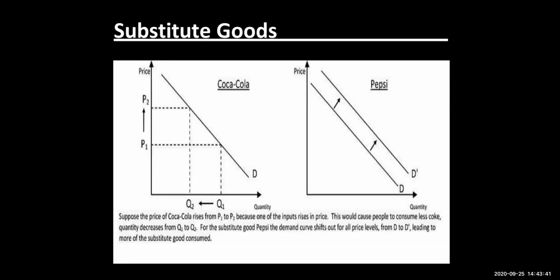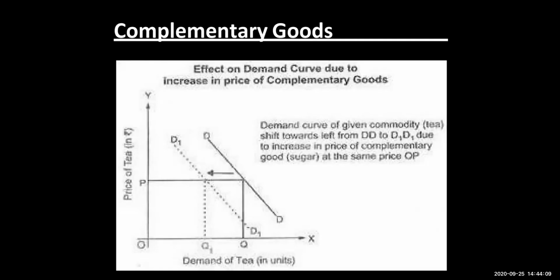We can see over here the diagram for substitute goods, wherein when the substitute for a particular commodity is available, then the product may be shifted. Over here we have Coca-Cola and Pepsi, that if the price of Coke increases, then people will switch to Pepsi. Or let's say when the price of Colgate increases, people will switch to Pepsodent. Whereas in case of complementary goods, if the price of one product increases, it affects the other also, same way, like petrol and car.